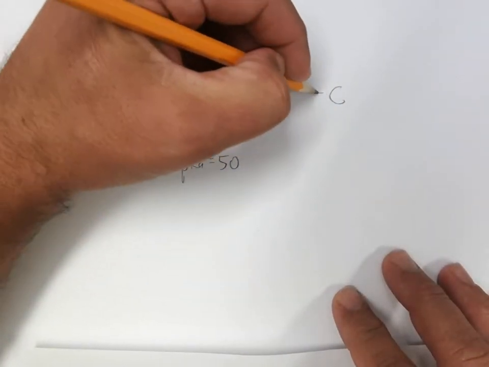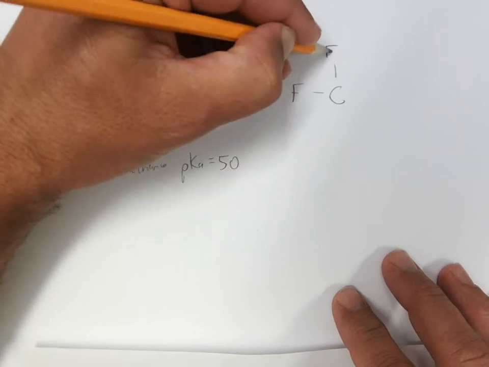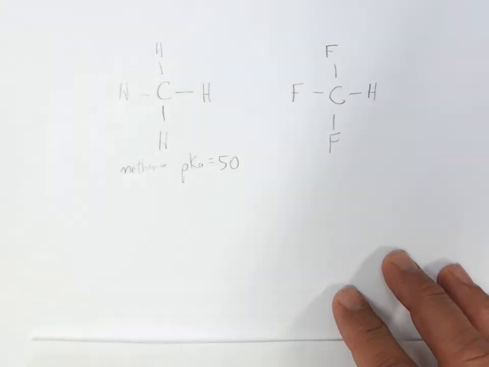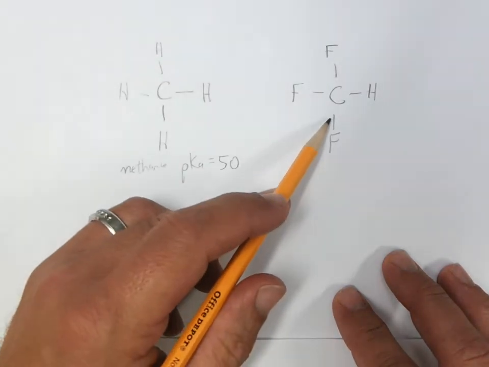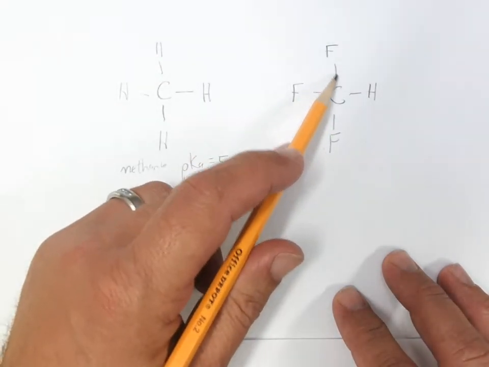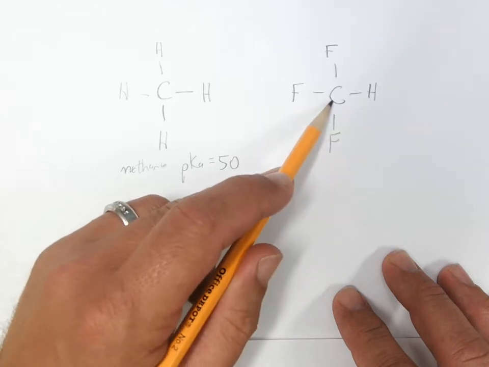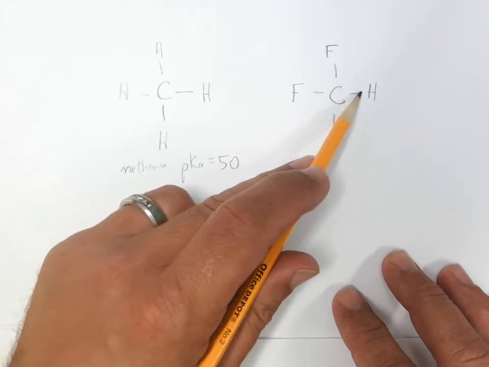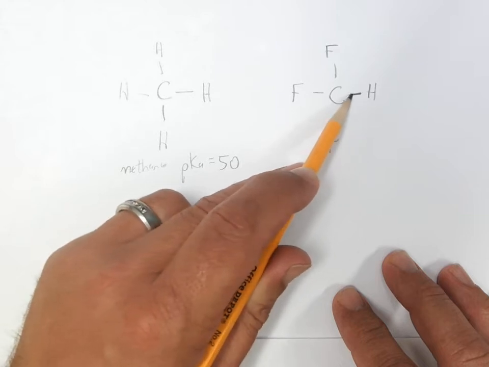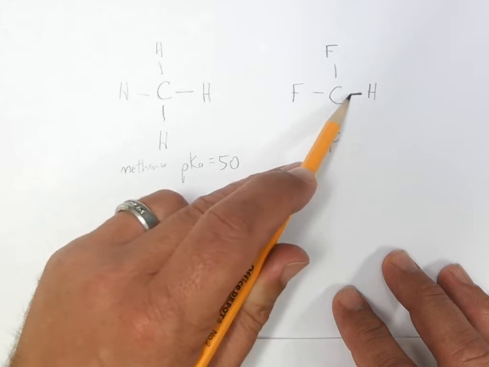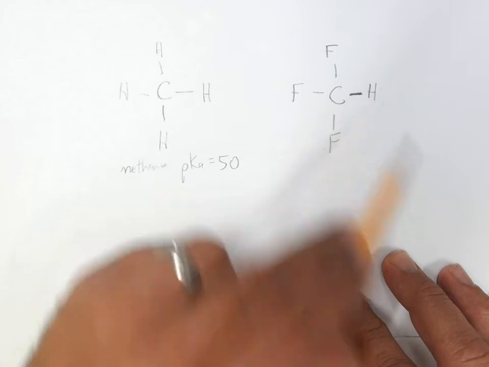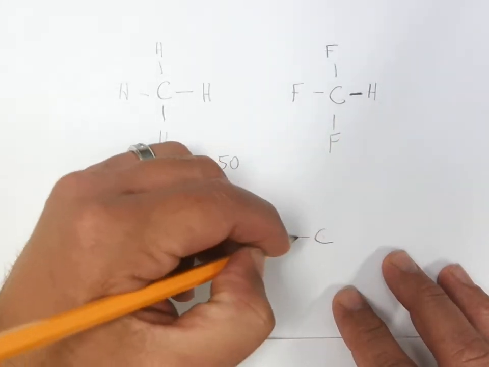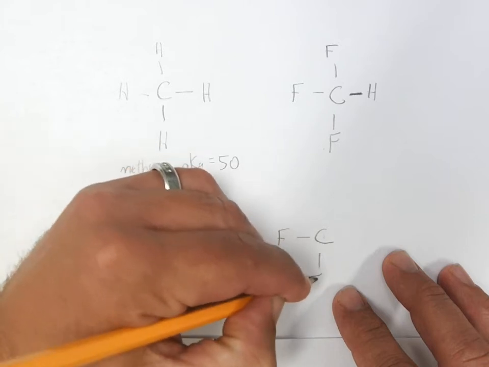And if you put fluorines in there, now these fluorines are going to remove the electron density, pull it away from the carbon, making the carbon more electropositive, and that's going to allow it to grab this shared pair of electrons a little better, releasing the H plus a little more. In the language of the last slide, the conjugate base is stabilized,